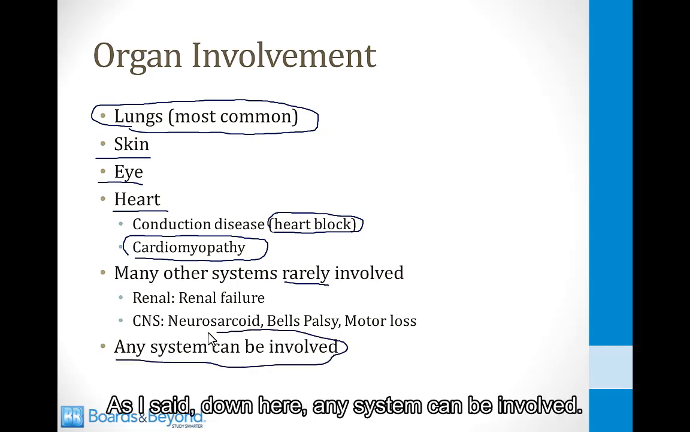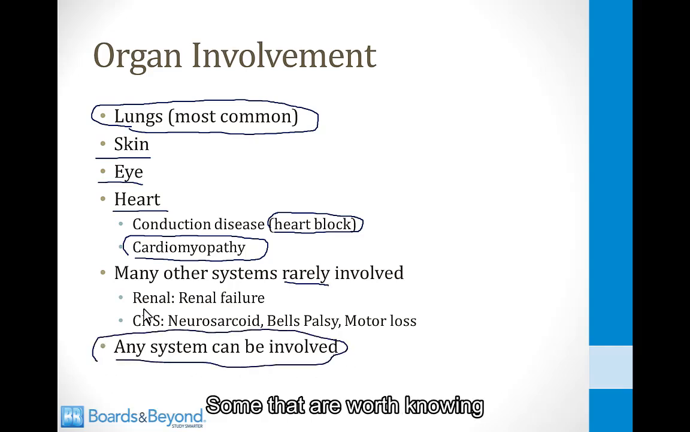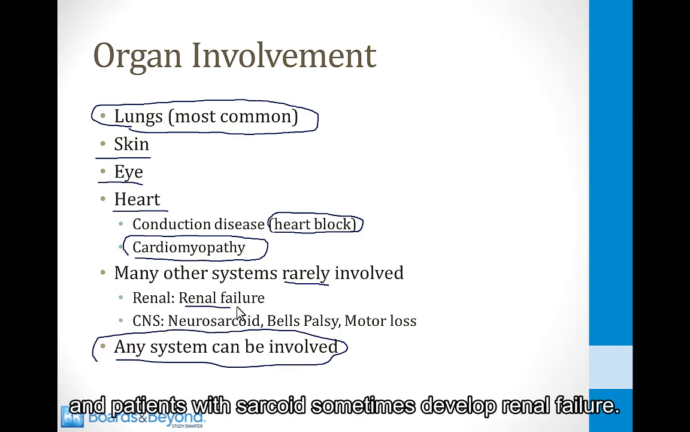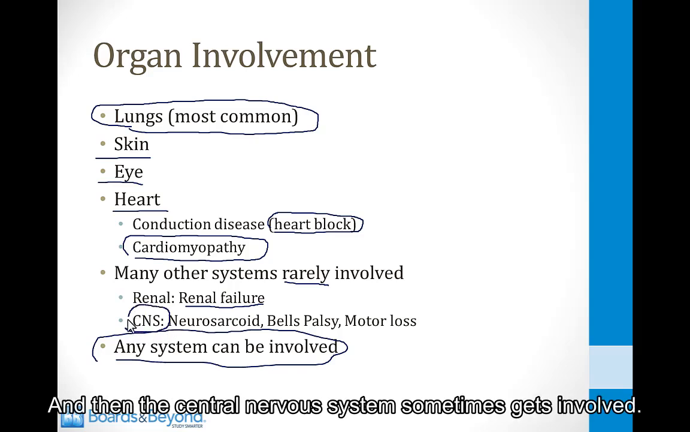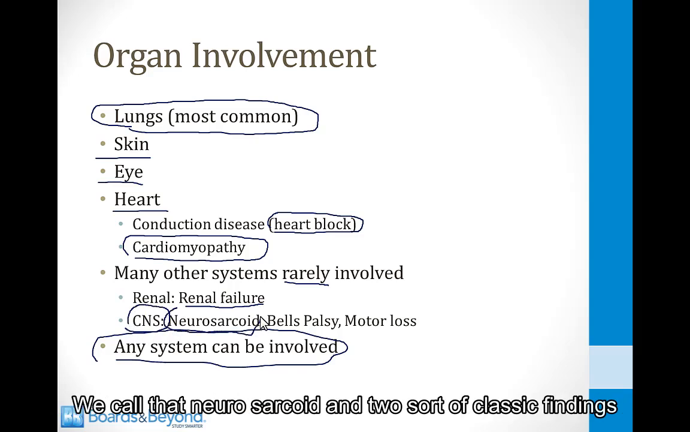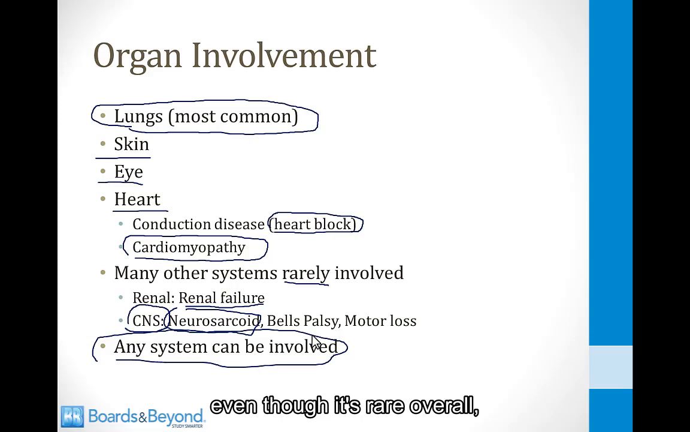As I said down here, any system can be involved. Some that are worth knowing is that the kidneys can get involved, and patients with sarcoid sometimes develop renal failure. And then the central nervous system sometimes gets involved. We call that neurosarcoid. And two sort of classic findings in patients with neurosarcoid, even though it's rare overall, are